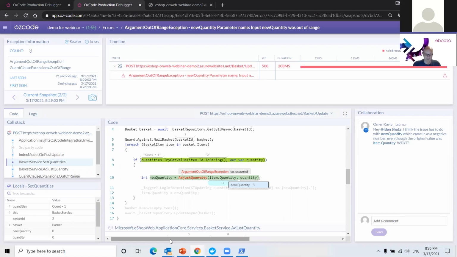So this notion of full fidelity collaboration inside a production debugger suddenly allows us to be extremely productive, to work as a team, to understand and gain a consensus about what is the root cause of the bug and how do we best go about fixing it in a way we just didn't have before.